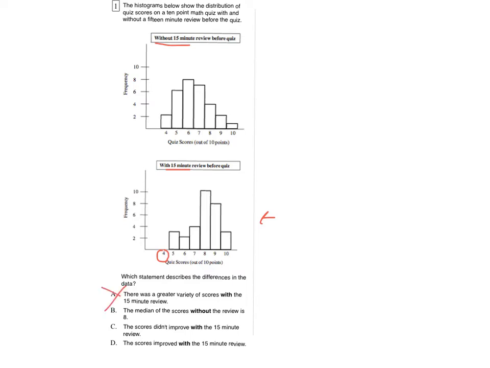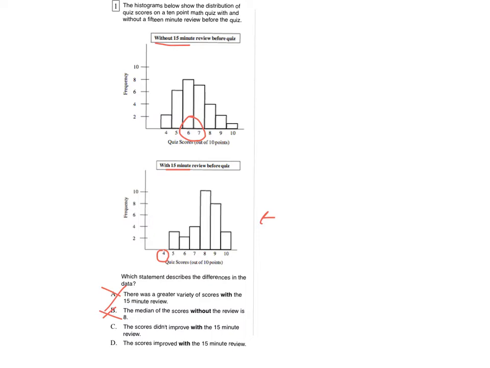The median score without the review is 8. Let's see. Well, I would say that the median score, I could calculate it, but it looks pretty obvious to me that it's either 6 or 7 right there. It's definitely not 8. You can see that the data is very centralized there, so I would cross that off